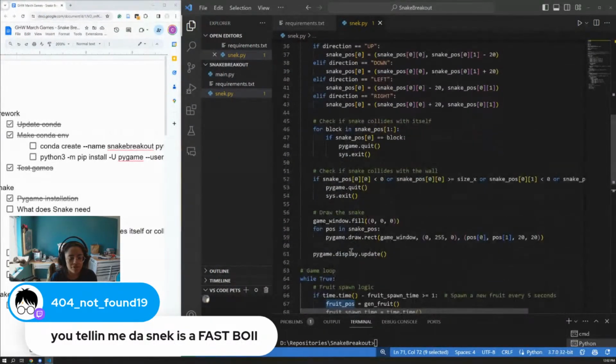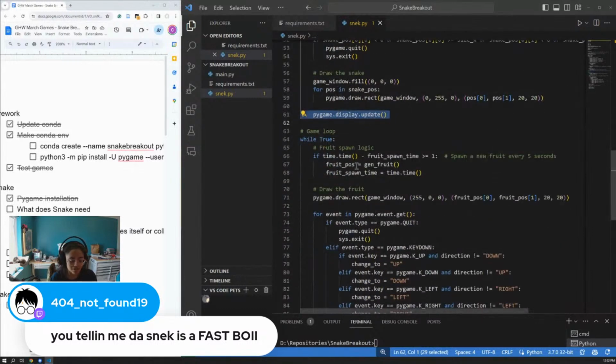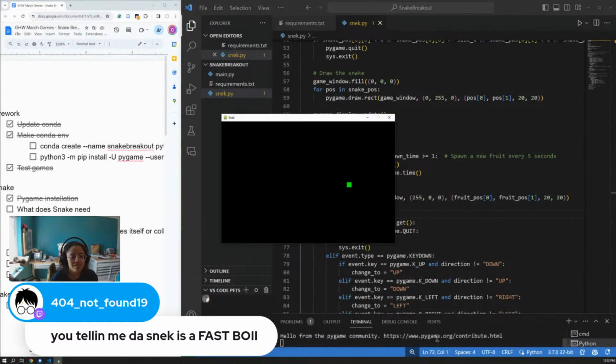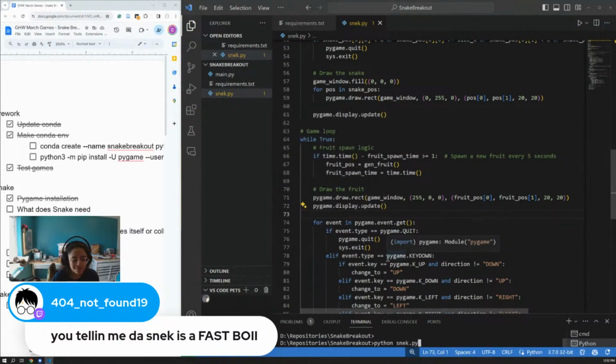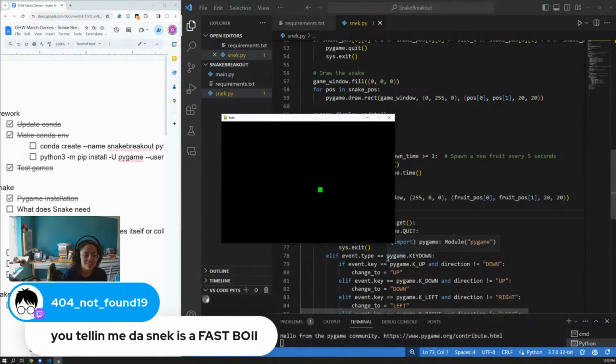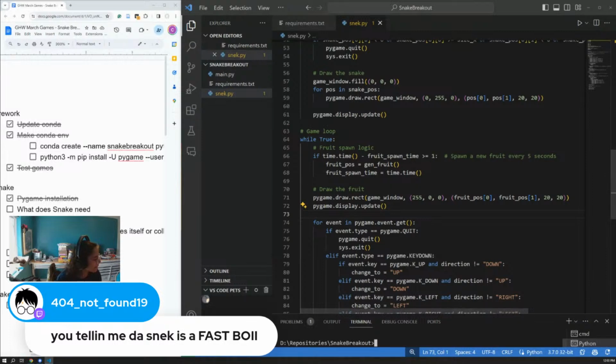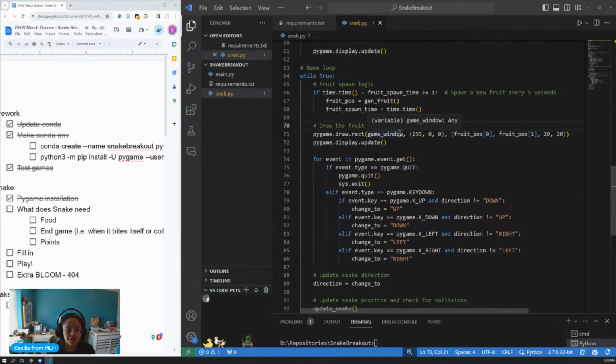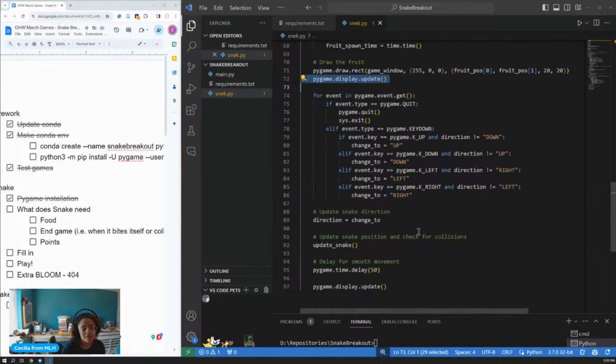Oh, we also have this. Maybe we do need the update. I was always told you didn't really have so many updates. Oh, there's food. There was food. Wait. Oh, it disappears. Okay, so now we have that the fruit is drawn, but it immediately disappears, which tells me, why are we